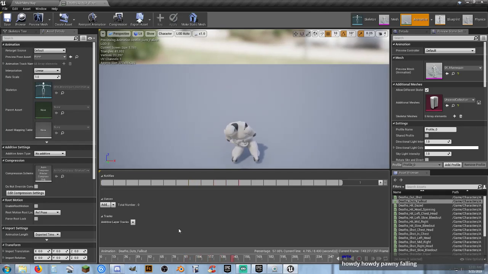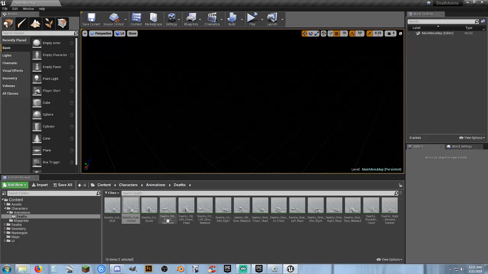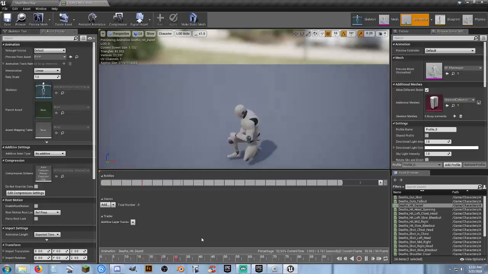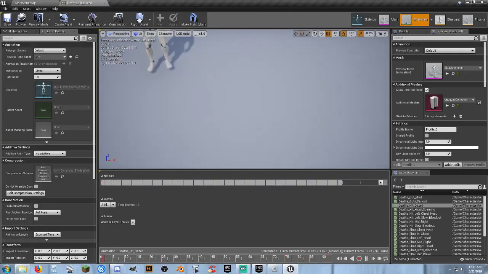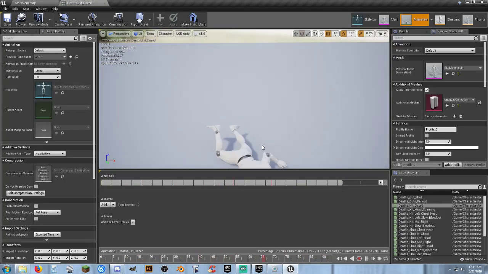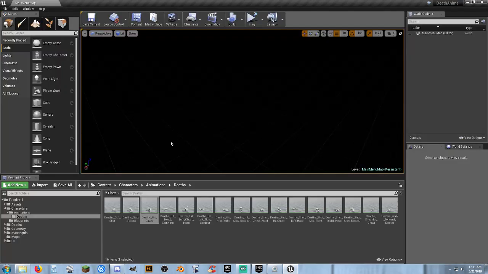He's trying to scoop his guts back up. Then he just falls over dead. Nice. So these are cool. Me likey. So what I can do so we can take a look at them a little bit better is